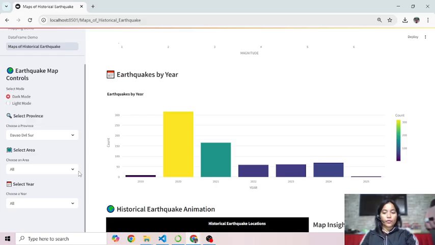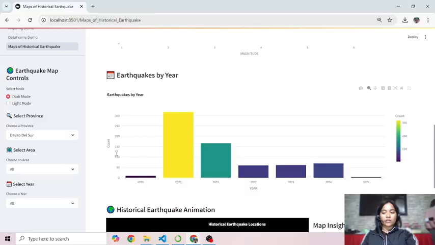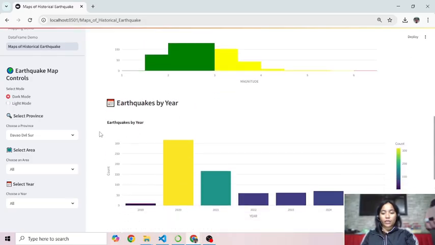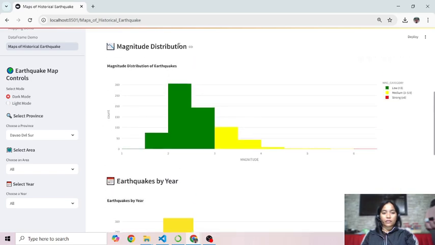Step 2 is explore visualization. Use interactive maps to see the earthquake locations categorized by magnitude. View charts that display earthquake statistics like magnitude distribution and yearly earthquake count.